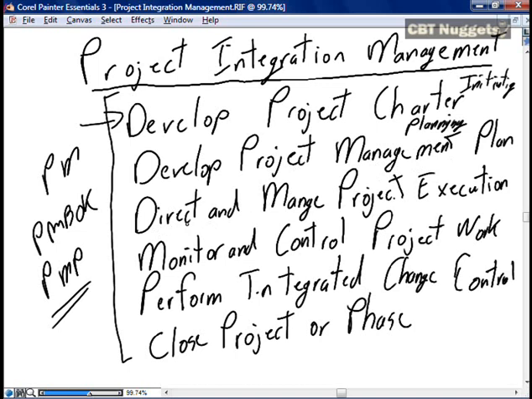Our next area is direct and manage project execution. This is where we, the project management team, remove the roadblocks that are standing in the way of our project team members delivering on the project. Project execution is where project delivery happens. Our main job as project managers in execution is to direct and manage the execution, which I believe can be summarized as provides the support to the team to get the project delivered successfully.